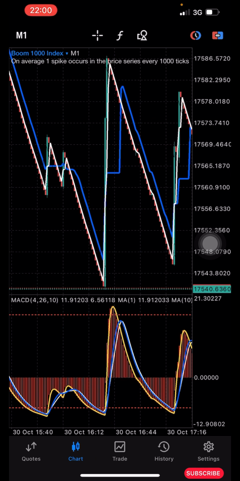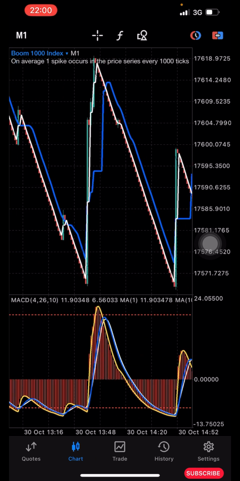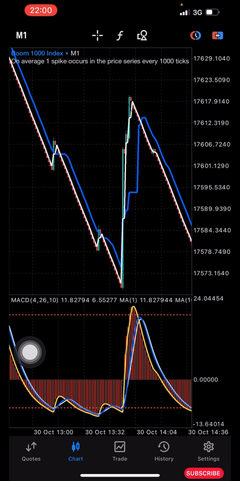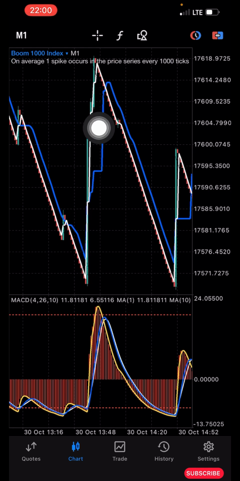So now, this is how the strategy works, right? First of all, you are going to observe this indicator window. You want to see a spike in the market, and after observing that there is a spike, you check your indicator window. You want to make sure that this yellow line here is at the overbought level, showing you that price has gotten to the overbought level, and it will start selling from